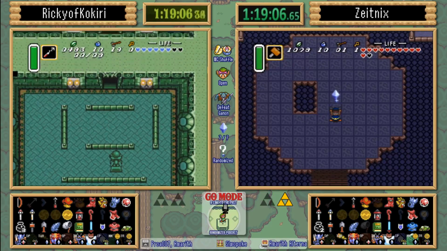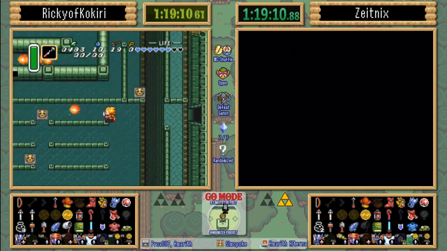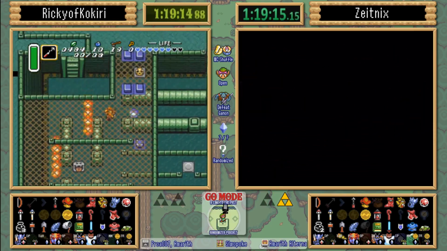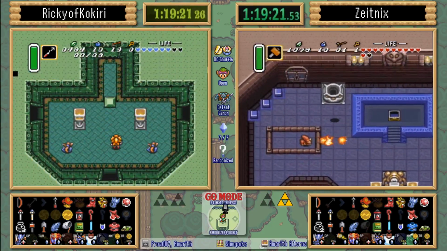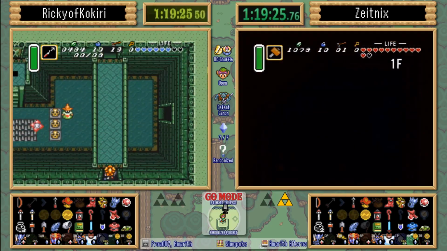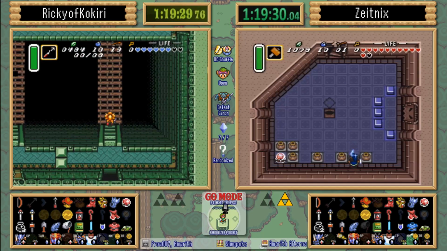And a free trip to the base. Yes, we cannot forget that. That is sort of the downside to maps and compasses, is you end up having to do rooms you'd rather not, because you can't rely on your counting, or at least the traditional method. Or more so at this point for Zeitnix, he can't really afford to be leaving an item behind when you're only